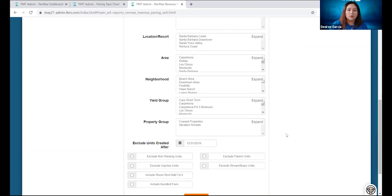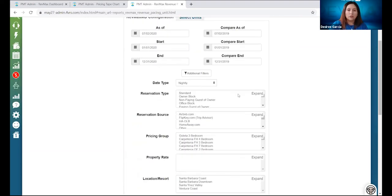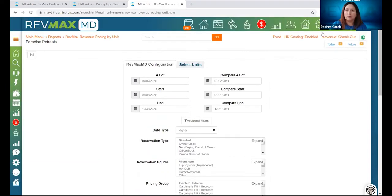And then also, all of the reports, just to highlight real quick, do report nightly. It has nothing to do with your revenue recognition, has nothing to do with when you've dispersed. It's just looking at nightly rent on reservations. But then we also do give you the flexibility to run the report by check-in or check-out. Okay, so I know that was one of the questions that came in